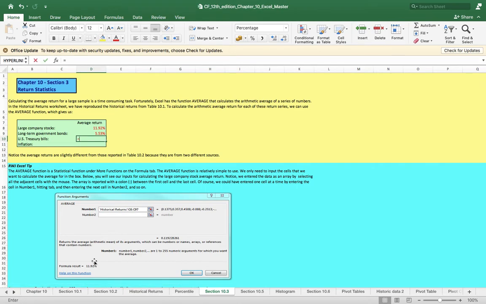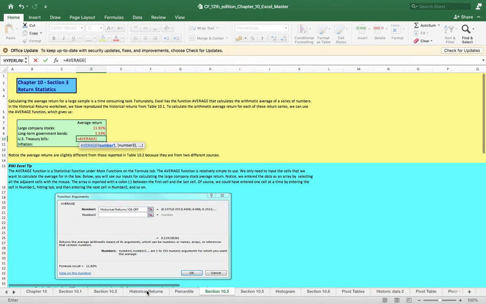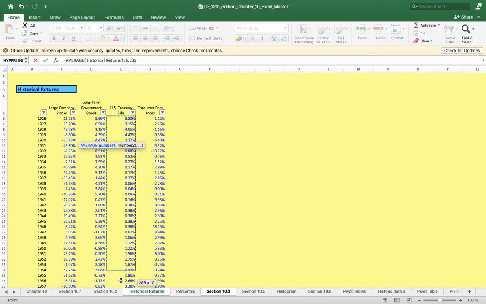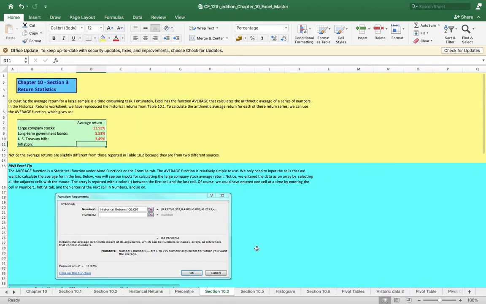US Treasury is equal to, and inflation is equal to average inflation from 1926 to 2017 is equal to